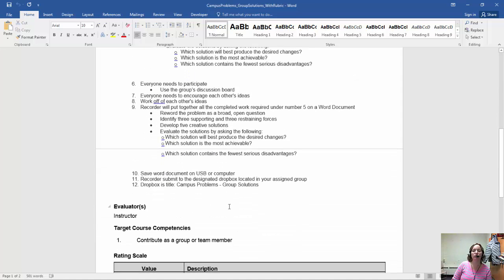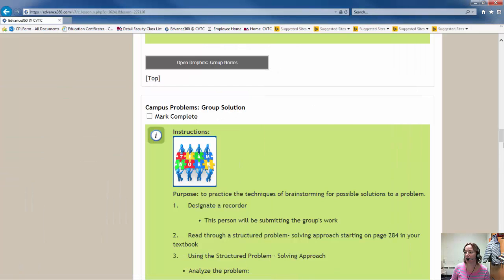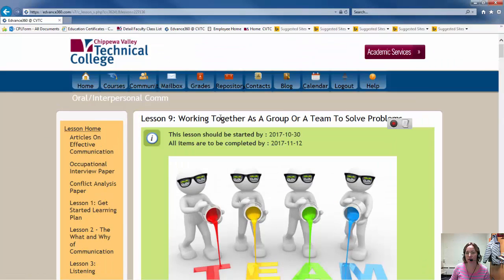You're going to save the Word document on a USB or to your computer, and then the recorder needs to submit to the designated Dropbox in your small group. The Dropbox title is Campus Problems Group Solutions. When you are in our course in E360,